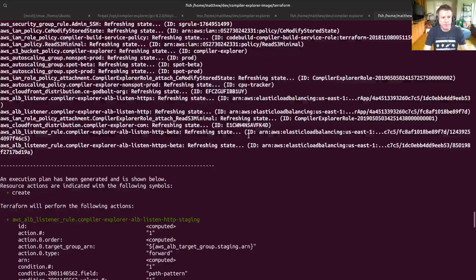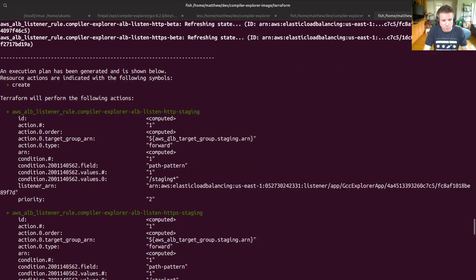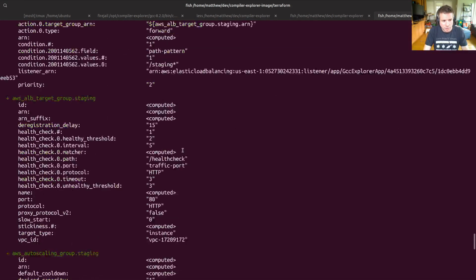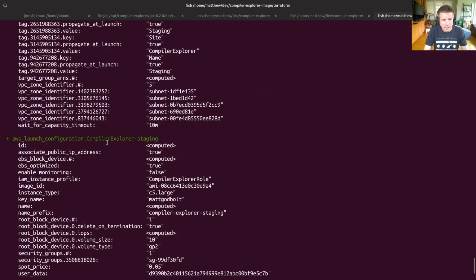Right, everything so far is strictly additive, which I like the look of. That means we're not going to break the live site, because obviously if I get this wrong and I make a mistake, I could actually take the live site down. So this is us creating a listener rule, a target group, an auto scaling group, and